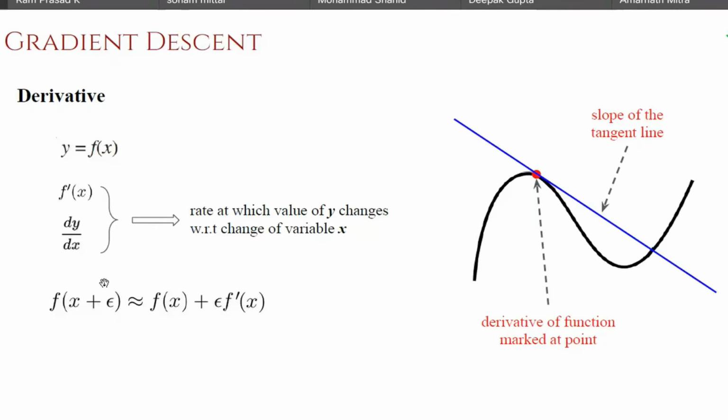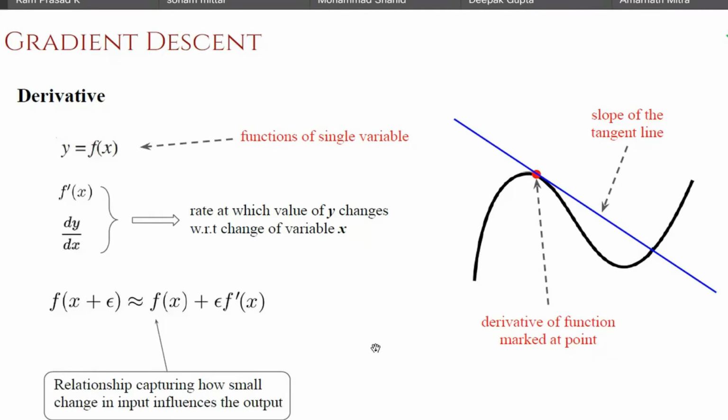This is a result from mathematics. If you have the first derivative, and you also know the second derivative, third derivative, or higher order derivative information, you can keep adding it here. Then your prediction will be much more accurate. So this kind of derivative information helps in predicting the local neighborhood as well. If you keep on adding higher order derivatives, there is a specific name for that series. It is called the Taylor series. But here it is a restricted version. We limit it only to the first order derivative.